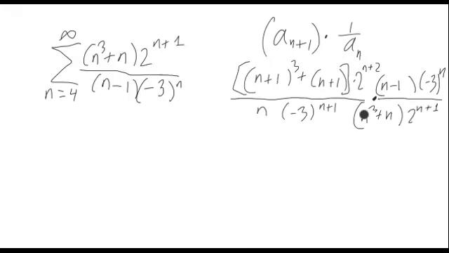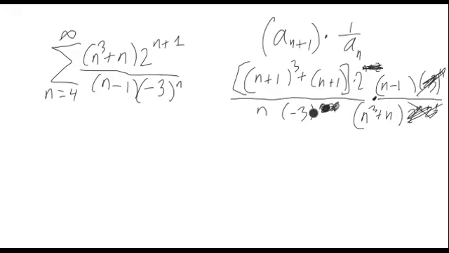Okay, now notice that we can cancel some things. This is n plus 1 twos. You have n plus 2 twos. So you should have one 2 left, right? In factors. And then here you have n (-3)s, and you had n plus 1 (-3)s. So you should be left with just one (-3) down on the bottom. All right. And then we have the rest of it. So you have 2 over